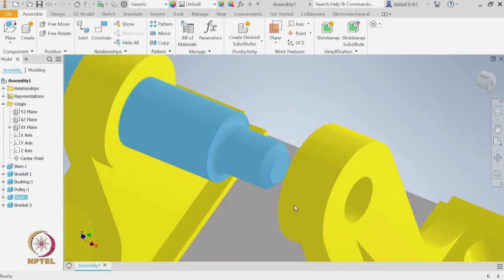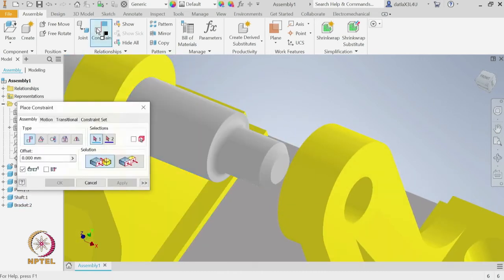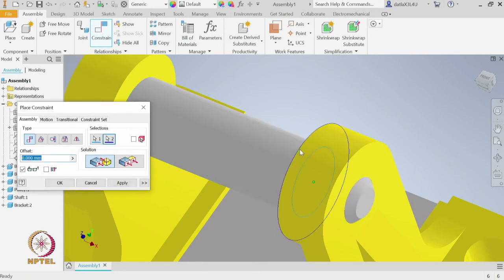So, the way I apply it is I go to constraint again, select just the circle, not the surface. I select this edge as well as this edge. Now, I see that both of these edges that we selected fall on the same plane. Apply.